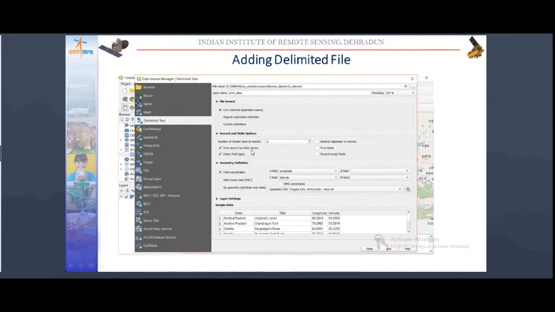And we can say that the first record has the field names. So the field names will be picked up when creating that point geometry. The point file will have the same field names. And then the second record will have the